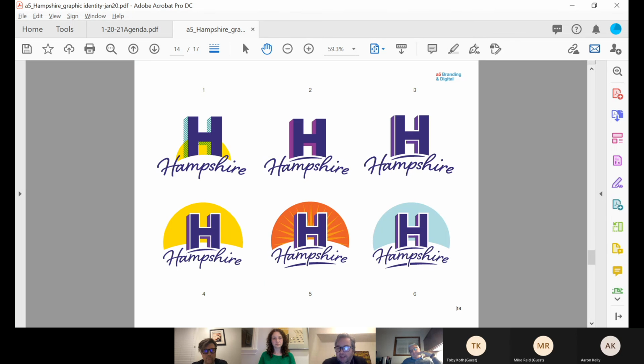Like you said, that little right angle down there is the hint of an arrow, sort of up and away, and that straight line on the top of the H again is pointed upward. So I think there's a lot of depth to it, and it looks classy. That was where I continued to struggle with number 1. I thought it popped, but I feel like 2 and particularly 3 just feels a little bit more classy, elegant, contemporary yet timeless. I think it's going to wear well.